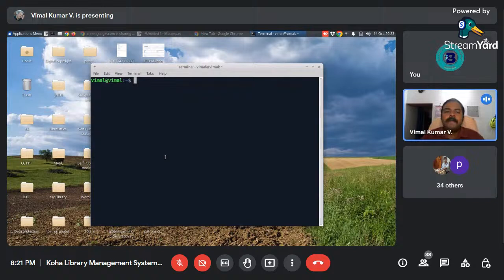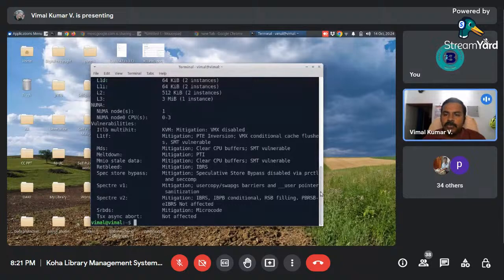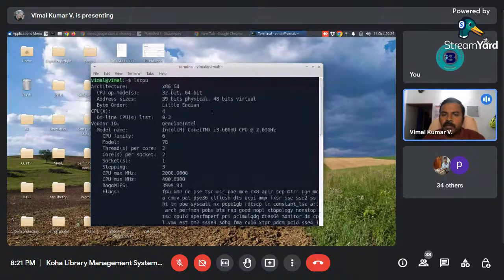Then you want to see the hardware details. You don't know which processor this computer has, and you want to see how much the RAM size is. Okay, you want to collect hardware details: lscpu. It will list out all the hardware details of the system. See there, Intel Core i3 CPU, 2 GHz speed. Then other details like